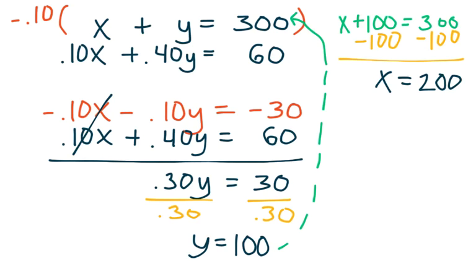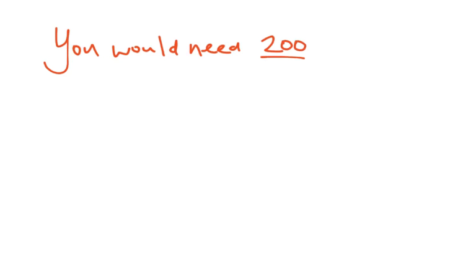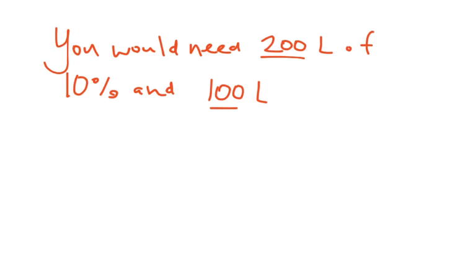Similarly, we had defined y to be the number of liters of 40% solution. So, in the end here, if I were to write what we just found, you would need 200 liters of the 10% solution, and 100 liters, that was the value for y, of the 40% solution,